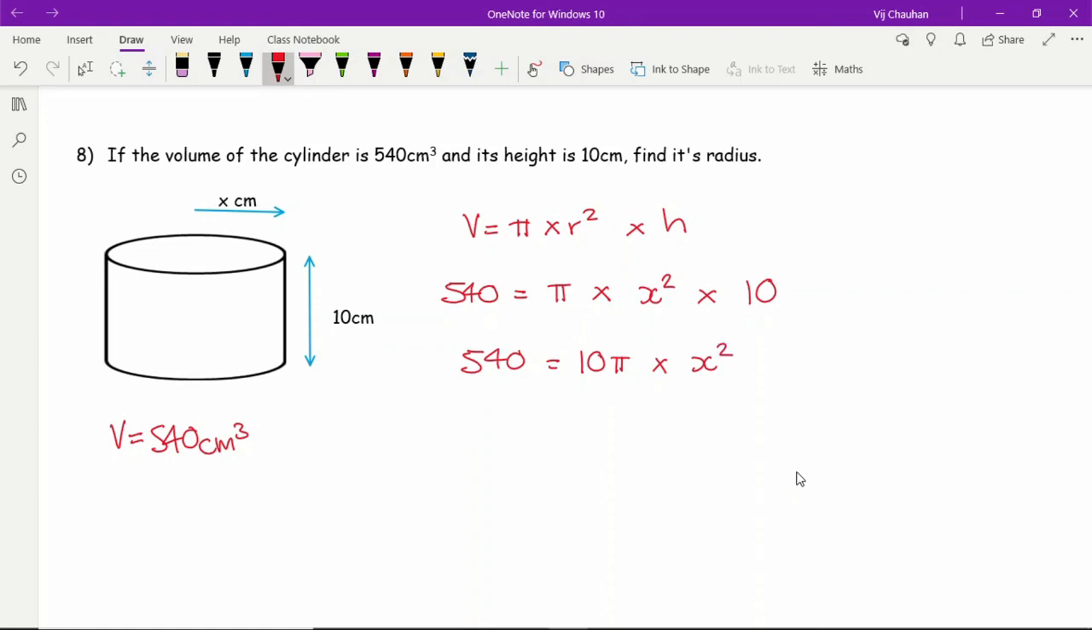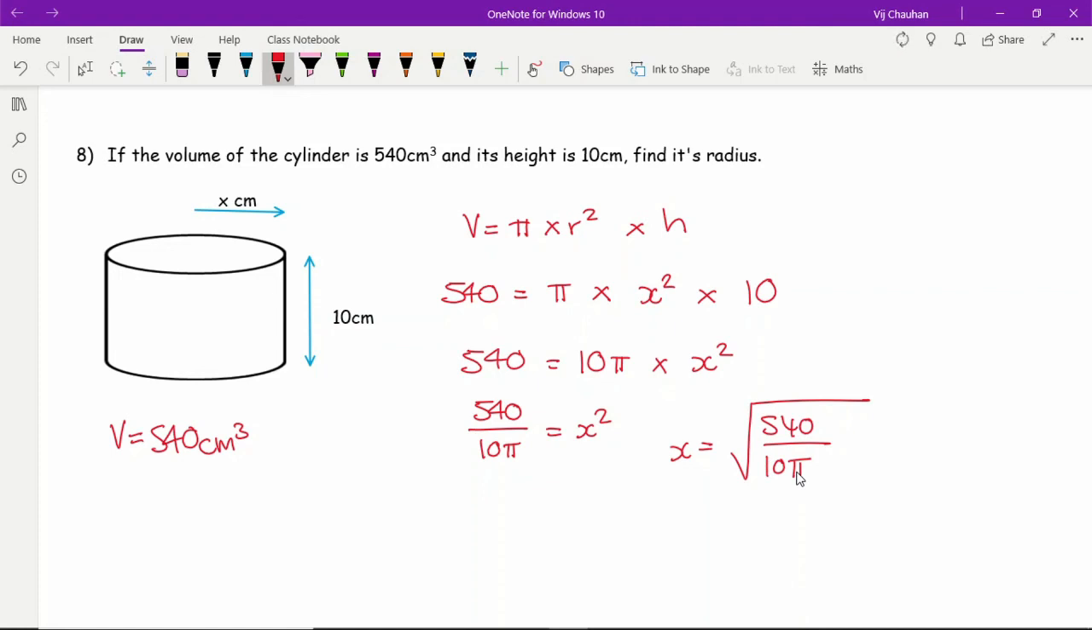So I want to get x by itself, so I want to get rid of this 10 pi. You think to yourself, what is 10 pi doing? Well, it's multiplying, so the opposite would be to divide. So 540 divided by 10 pi gives me what x squared is. Now the question is asking me to find the radius, not x squared. So all I need to do is know that x is going to equal the square root of 540 divided by 10 pi, and if I type that